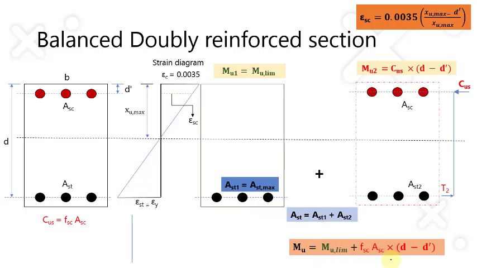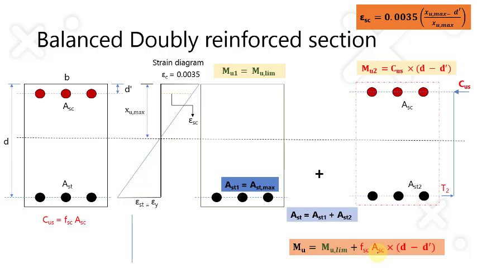Now if I sum this up, you are going to get the ultimate moment carrying capacity of the doubly reinforced section. When I apply ultimate load on the beam, it will result in maximum moment at some section for which the beam has to be designed. So that ultimate maximum moment will be equated with the moment of resistance of doubly reinforced section. So in this expression, if I substitute that maximum ultimate moment resulting from the load, we will be able to compute ASC.